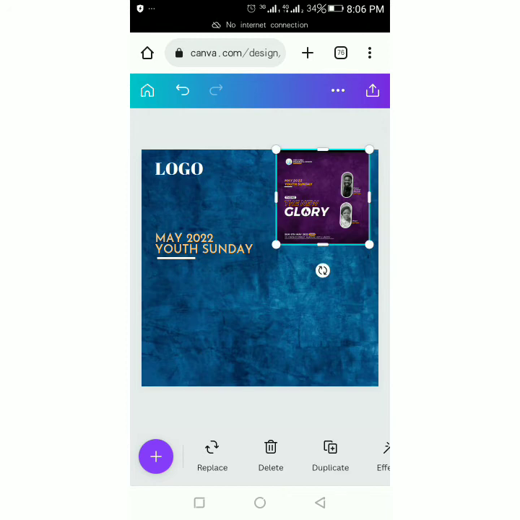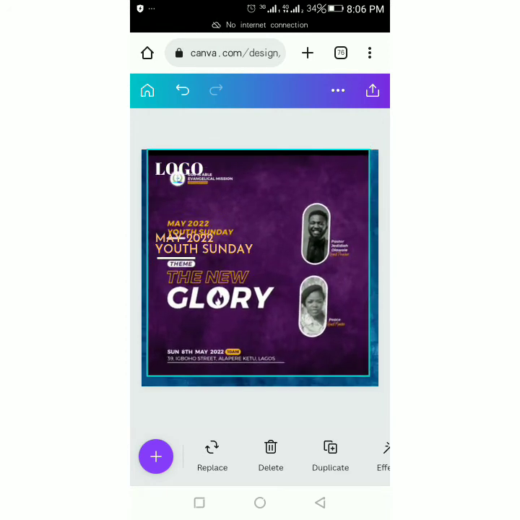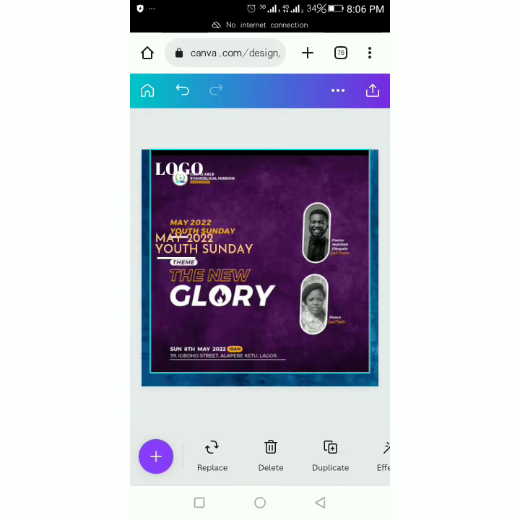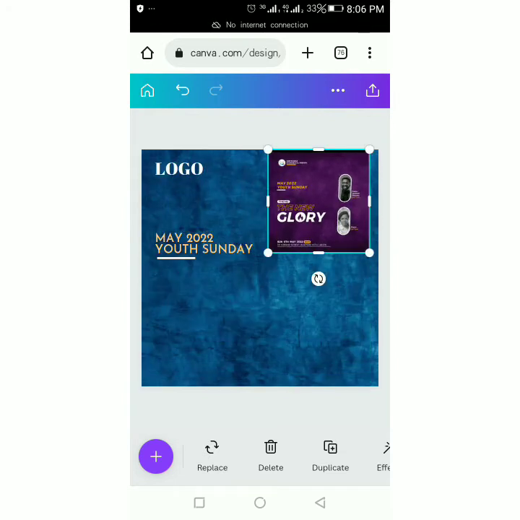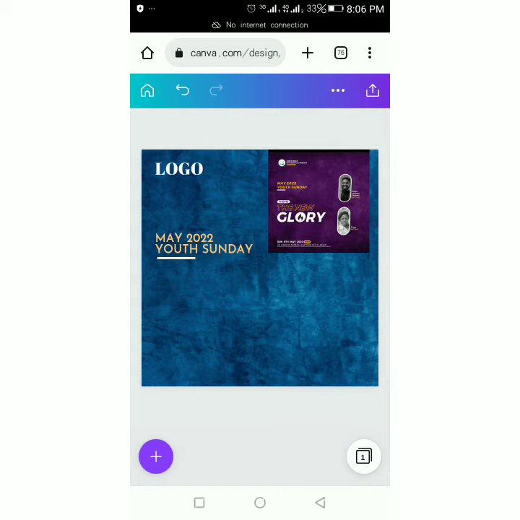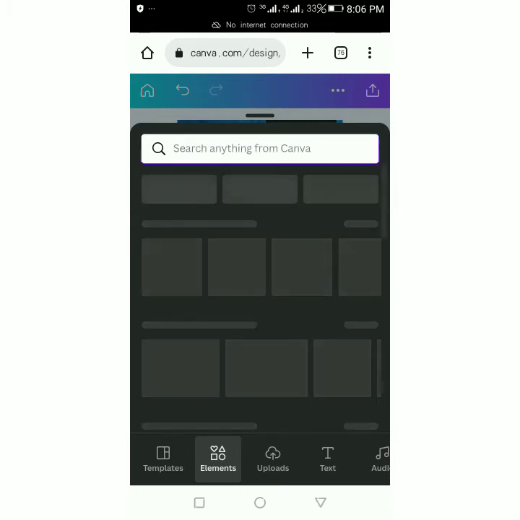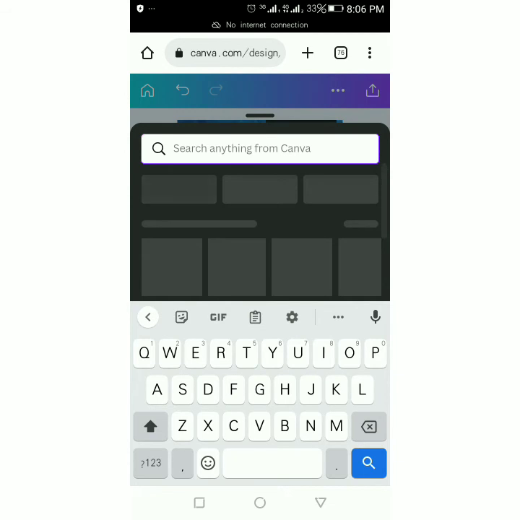What's the next thing I see on this design? Let me make it a little bit big. I see that thing is written on something. So how do I get that shape? Now that is a shape and you get that design element. So I go back to the plus sign. I go back to the plus sign. Then click, remove this, and I just come to